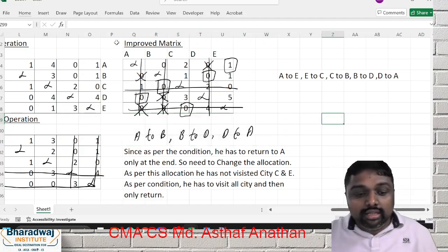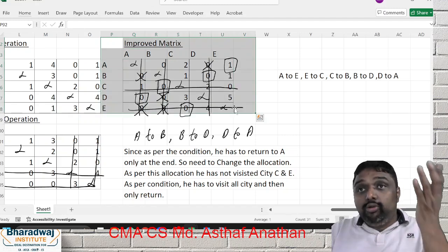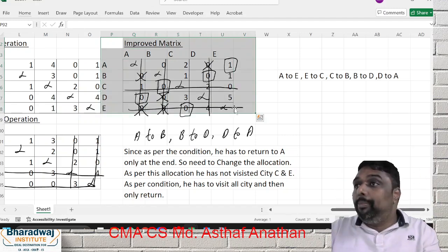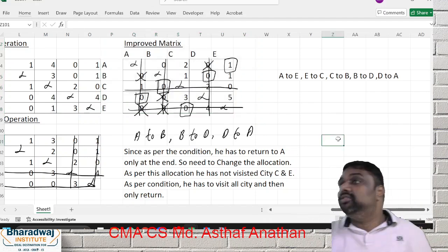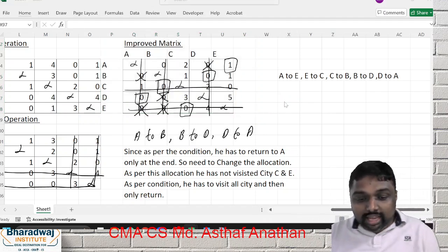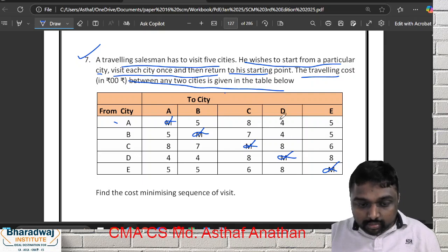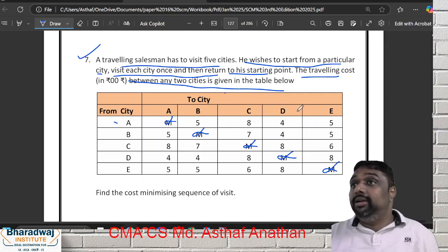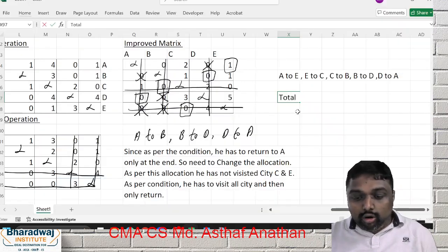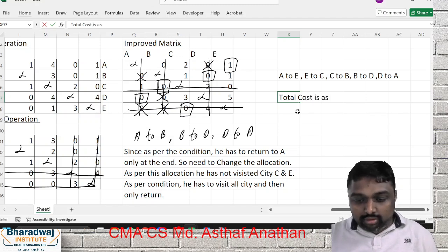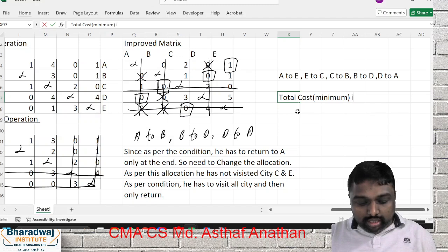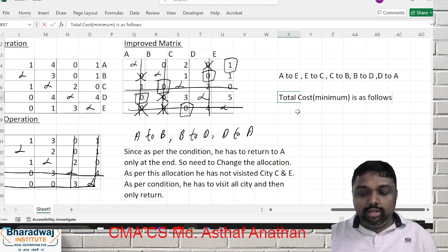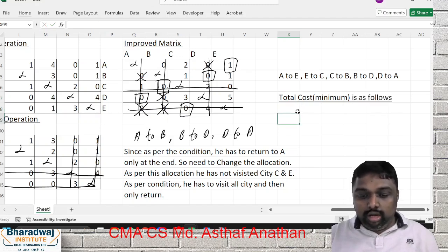So what happened? I request you, these are the changes I have done. You can copy this separately. You can do one more drawing so that it will always be a reference for you. Now it is a kilometer or a cost, friends. It is a cost; sometimes it is kilometers. So you can also make the total cost as follows. The total cost is the minimum cost only. So we have to find out the cost also. So A to E, what is the cost involved?